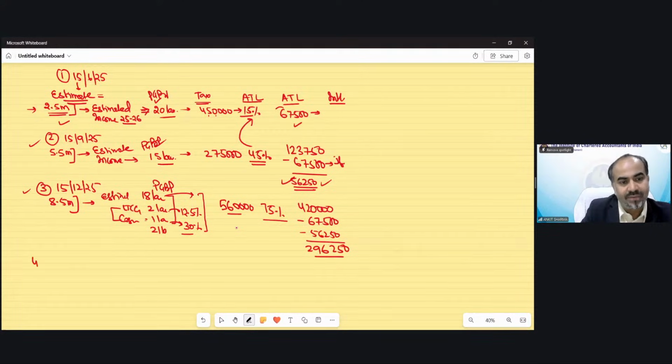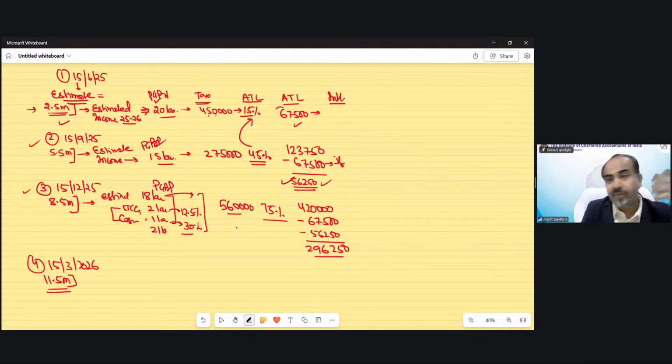Now the last date is 15th of March 2026. Now you have almost 11.5 months of actual data. You just need to estimate 15 days of your income. So this would be the most accurate, almost the same data of my income, except for those 15 days of future estimate I need to make. So this is like the time of examination. So that would be the better position. You will be able to tell that actually I can score this much of marks.